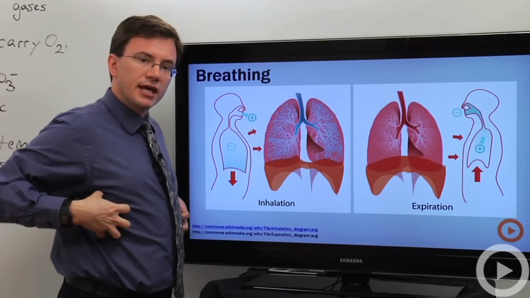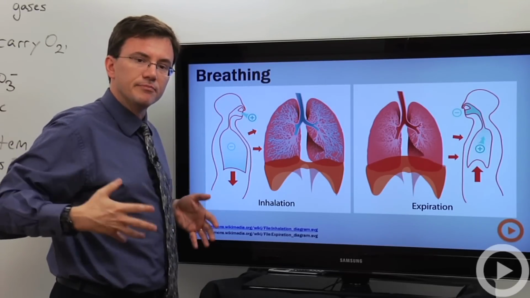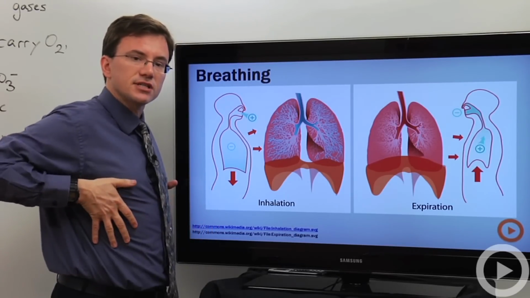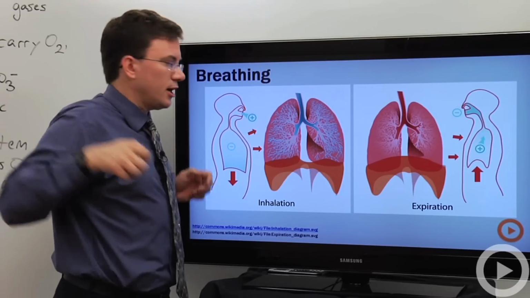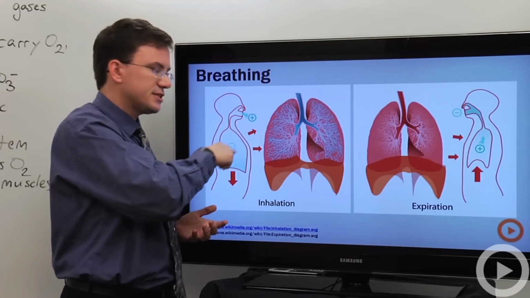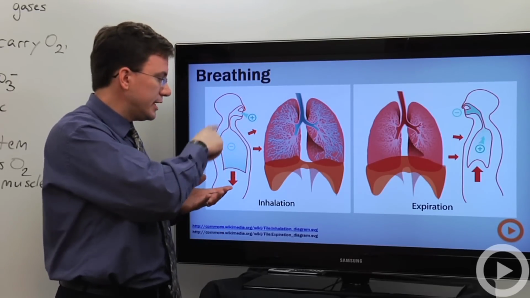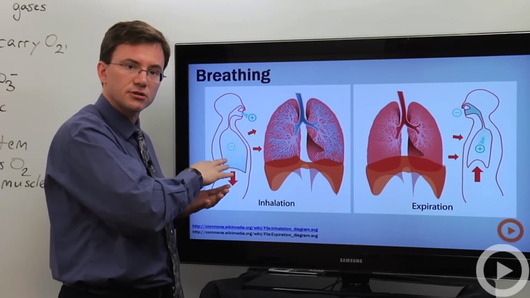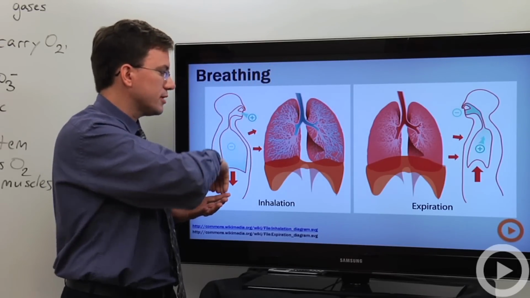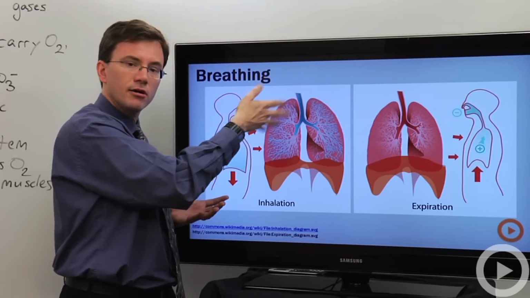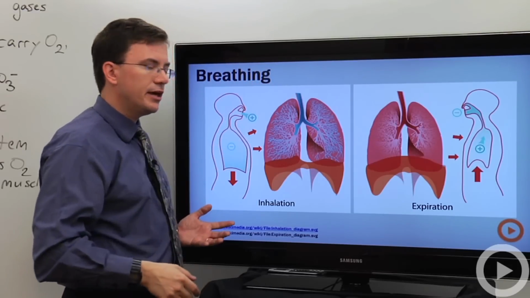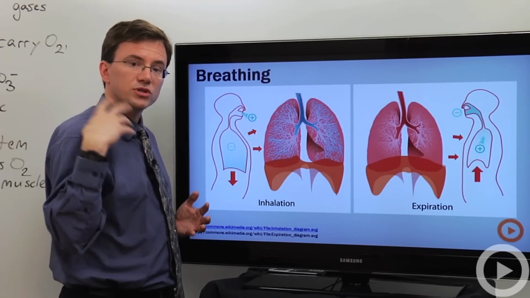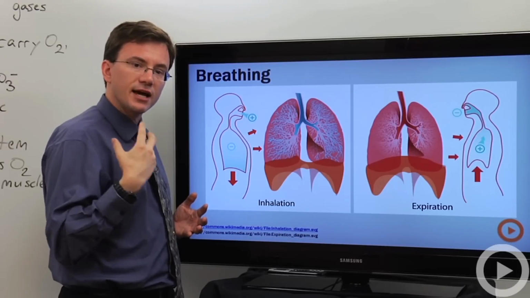Now your rib cage can move a little bit, so you have muscles on the outside of the rib cage that help pull it up, and that helps increase the space of your chest cavity. By increasing the space, that drops the pressure compared to the outside, so air rushes in from the higher pressure outside. Then when I want to breathe out, what you don't think about is that most of the action of